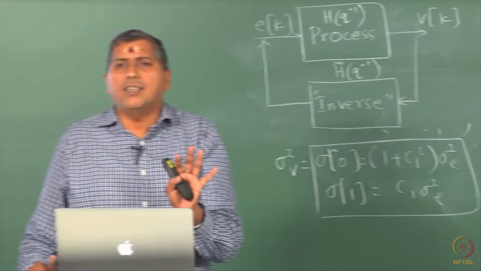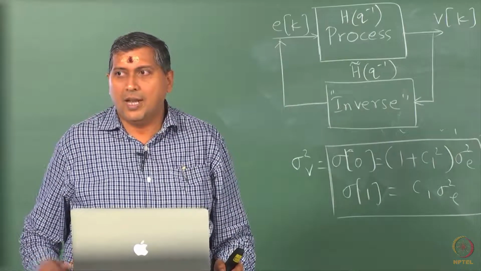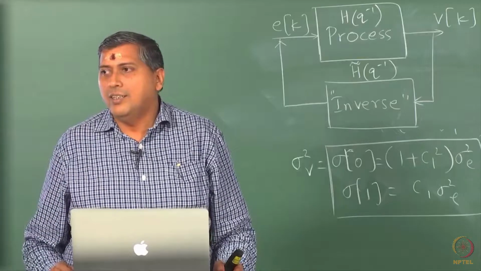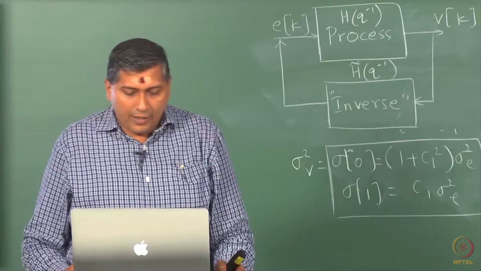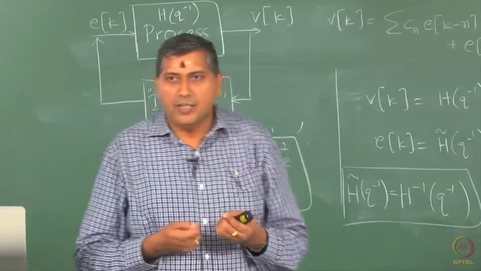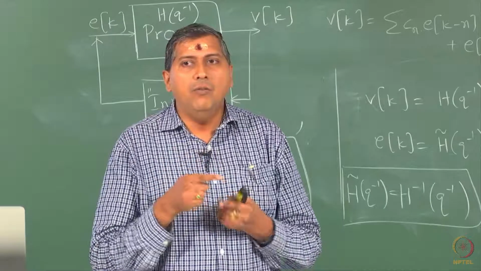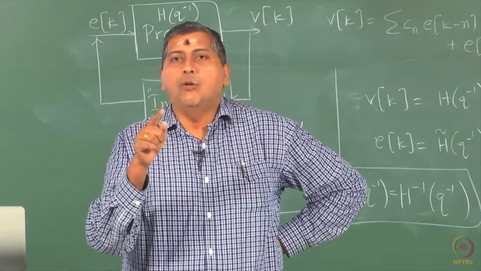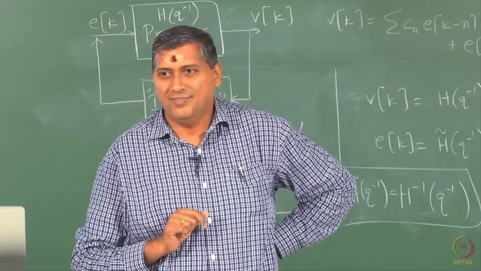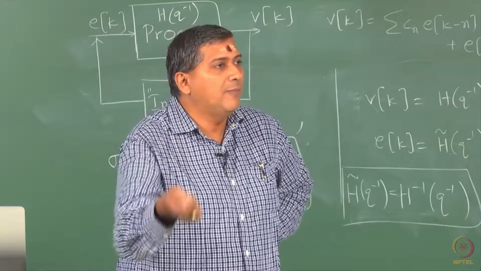So, the summary is essentially your H tilde is simply the inverse of H, assuming that it exists. Okay, so this is how you figure out the inverse of any time series model, and as you can see clearly, even in the inverse the leading coefficient is unity. It has to be, because the leading coefficient in H is unity,